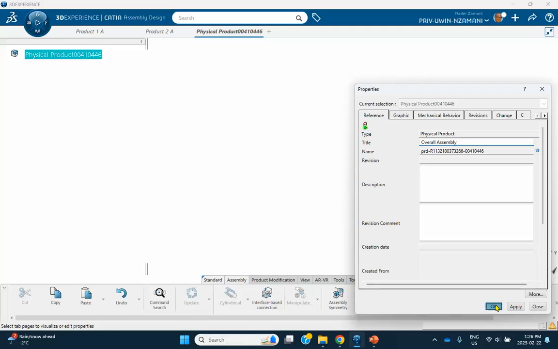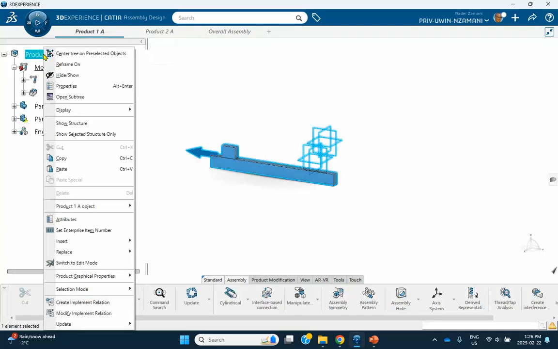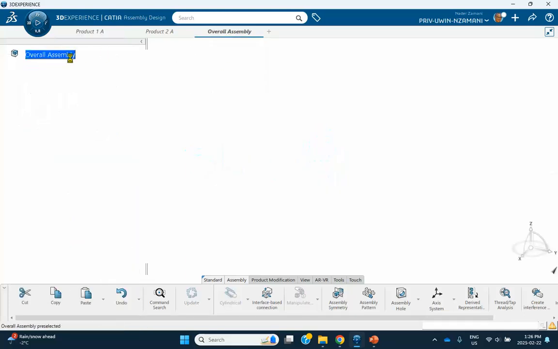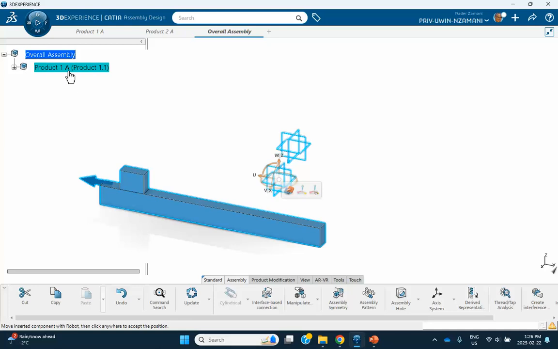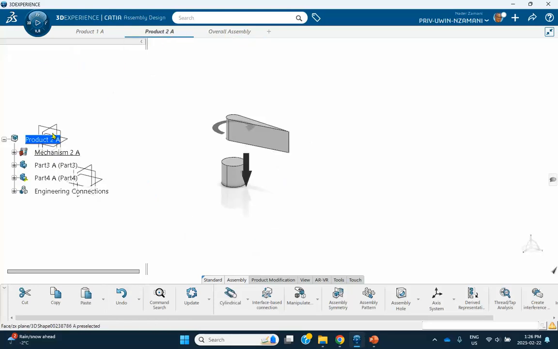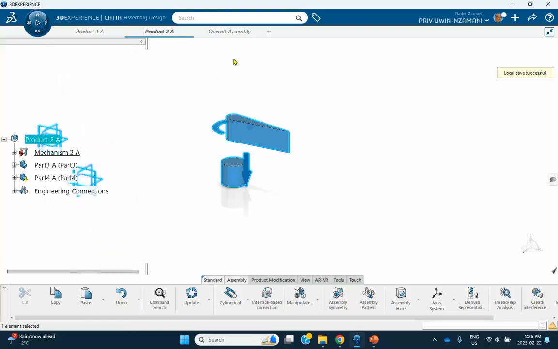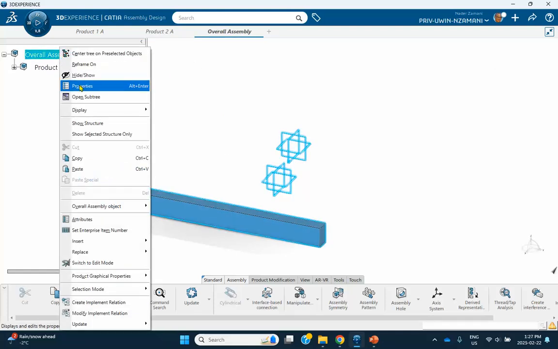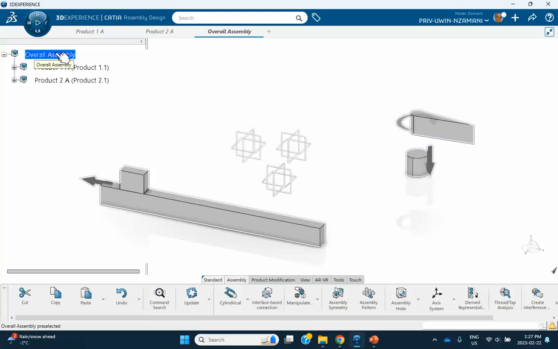Okay. Good. Now here's what I'm going to do. I'm going to copy this. Copy product 1. Copy. Go back to this overall assembly. Paste it. Notice that product 1 is pasted. Do the same thing for product 2. Copy. Or if you had saved it, you would go insert existing component, go find it in the database and bring it. Paste. So notice that in this overall assembly,